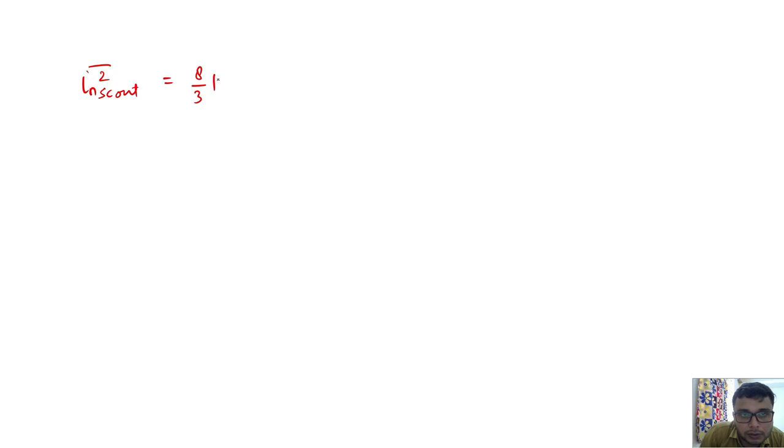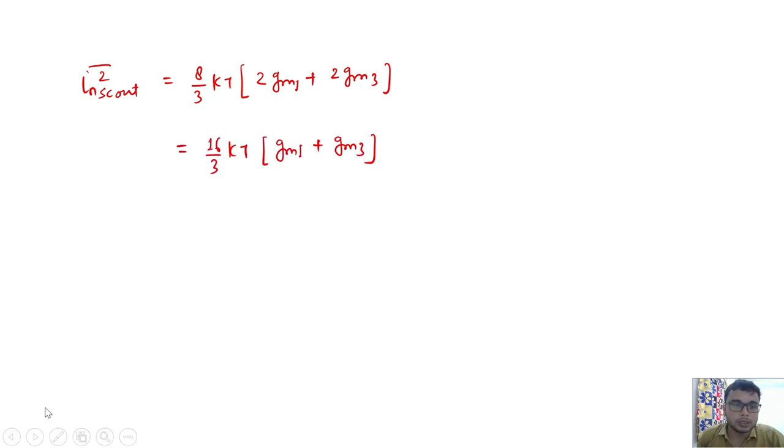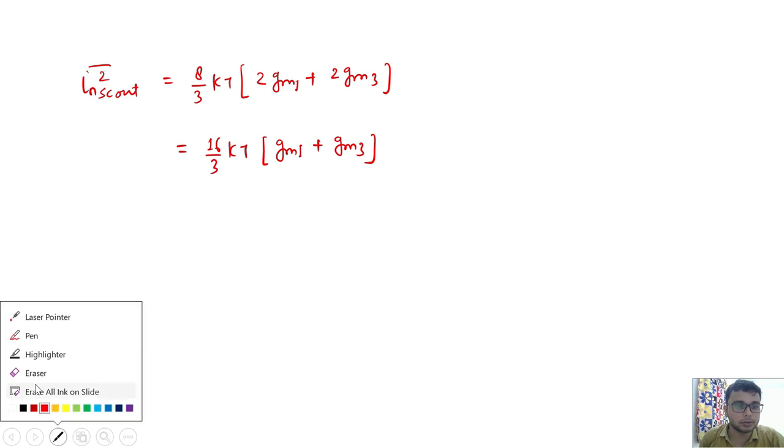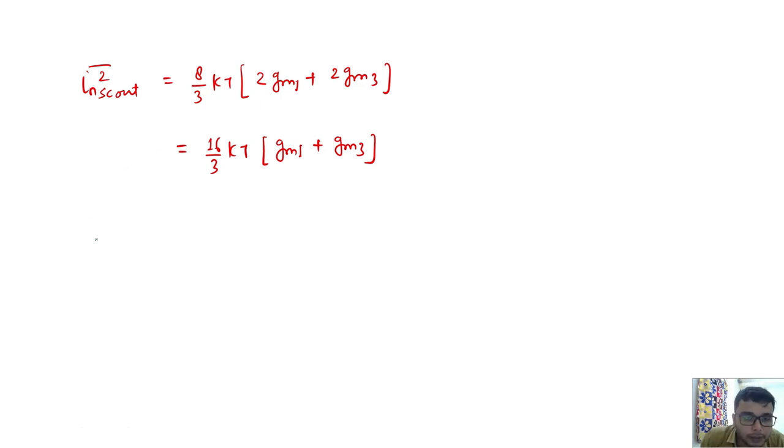8 by 3 kT times 2 gm1 plus 2 gm3, that I can write. So this is the output short circuit current of the noise. Now I want to see what is its input referred noise. So what is the input referred noise that I told you previously, which is nothing but output short circuit current square in noise divided by gm square, and gm of this structure we know is nothing but